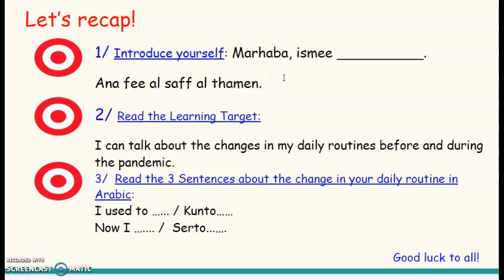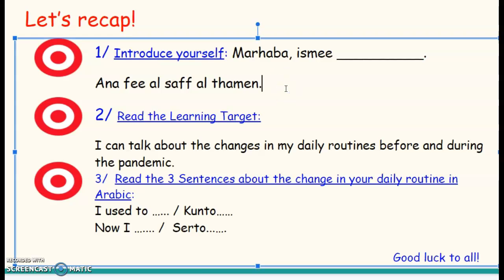You can also talk about the day of the week, like what day we are. اليوم الاثنين السابع من ديسمبر. You can talk about الطقس. الطقس اليوم مشمس وبارد,